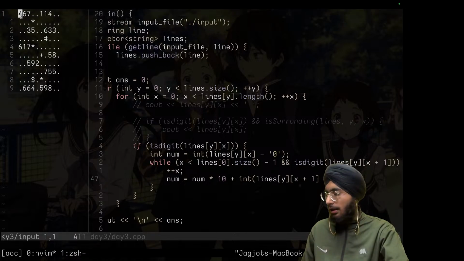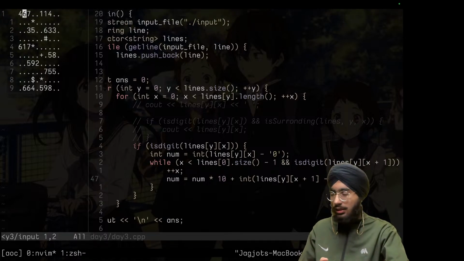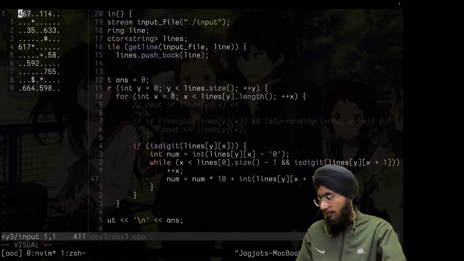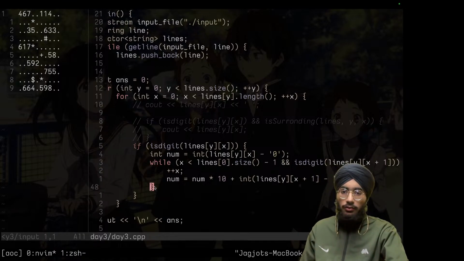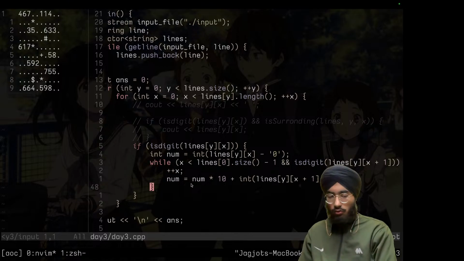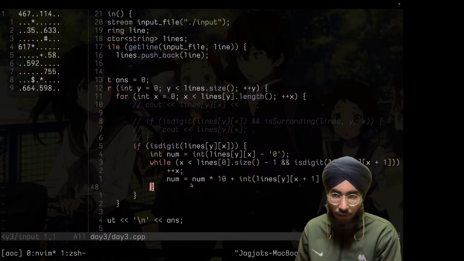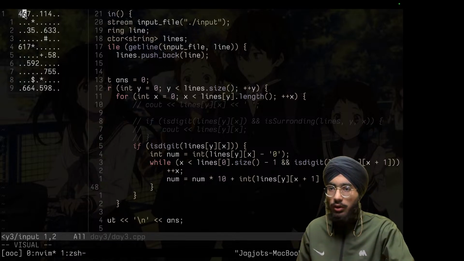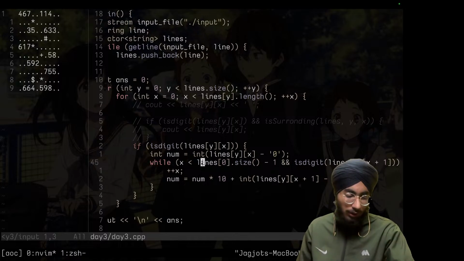So first the num is gonna be 4, then it's gonna be 46, then it's gonna be 467, and we are doing that. So what I think we should do to check if the surrounding area is a number is we should